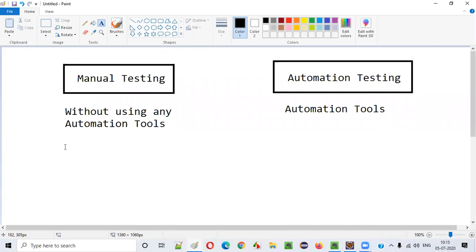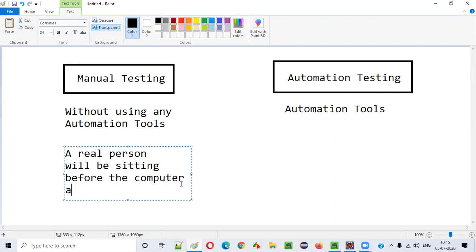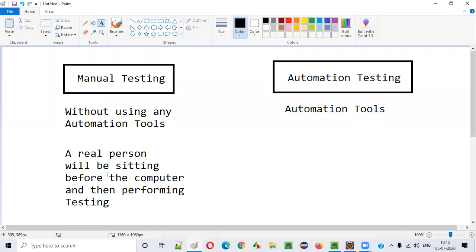Here, a real person will be sitting before the computer and performing testing, in the case of manual testing.